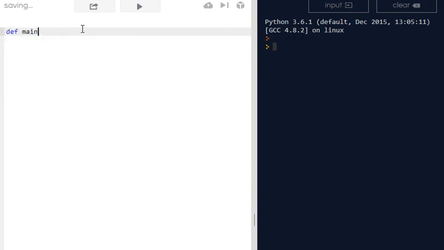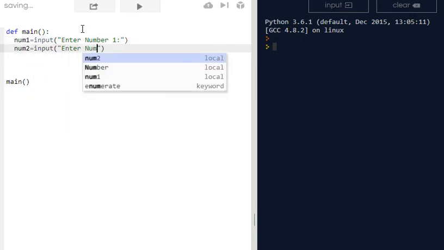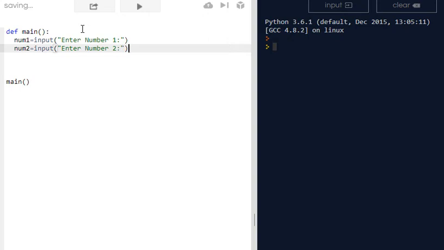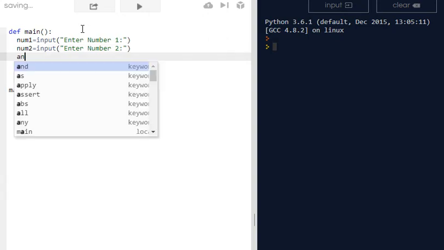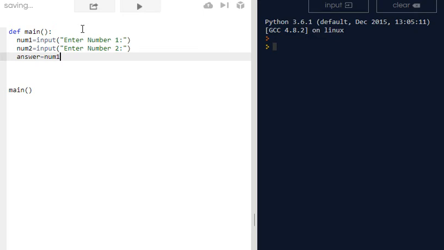So we start our program. Good practice, just to have a little main function. And we're asking the user for two numbers. Now, it doesn't have to be called num1, it could be called x1, it could be called anything you like. So input, enter number 1, input, enter number 2. The answer is going to be simply number 1,